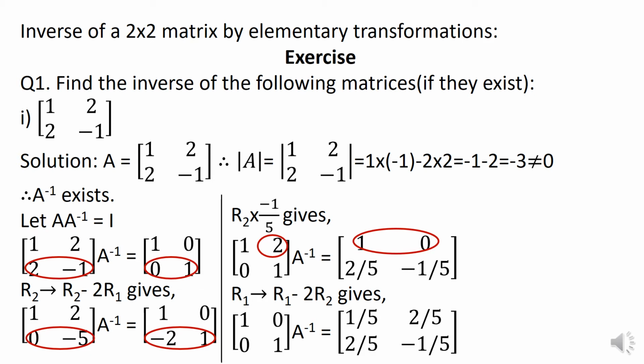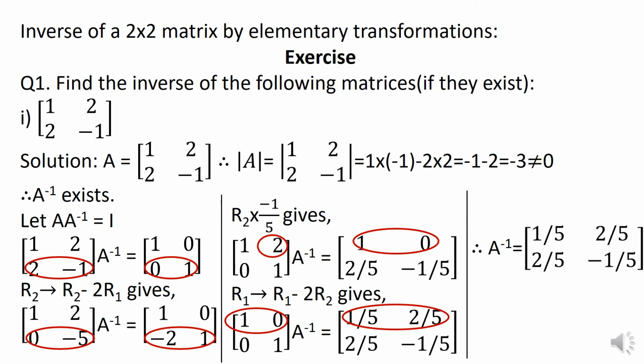Now, as you can see on the LHS we have got an identity matrix I. So I into A inverse is equal to the same given matrix on the RHS. Thus we have A inverse as the given matrix. Thus the answer we get for the inverse of the matrix. We can also take minus 1 upon 5 common outside the matrix, and the remaining matrix can be written as so. So you can write the answer in both the ways, either fractions inside the matrix bracket, or you can remove the fraction common and then write the remaining elements within the matrix. Both of them carry same marks. Marks are not cut for not doing the last step there.